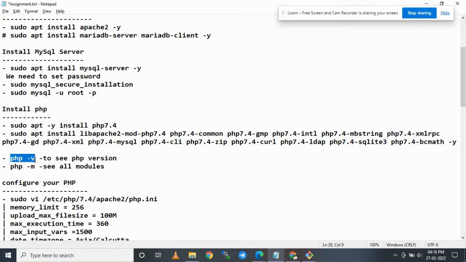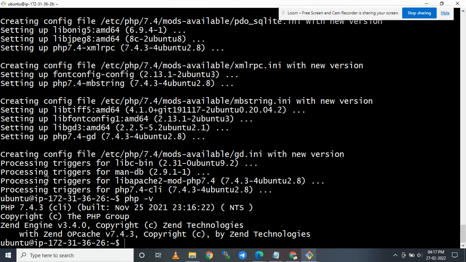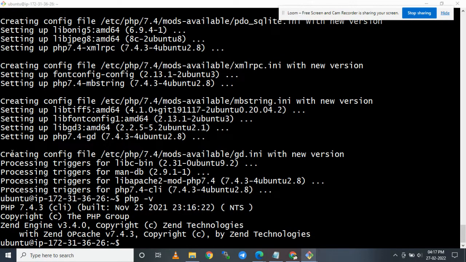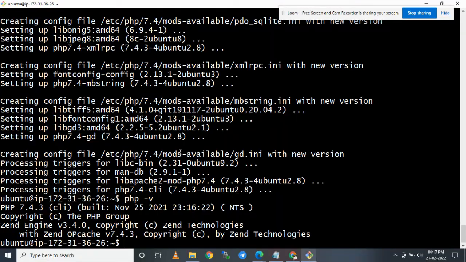Let's see the version of PHP. It is 7.4.3. I'll configure PHP by editing the file.